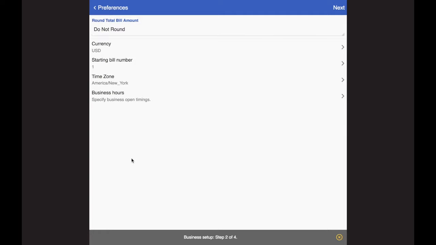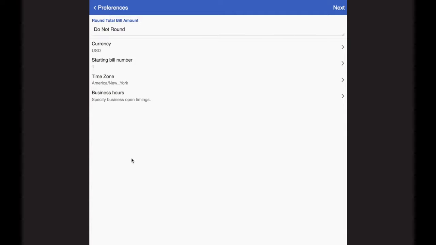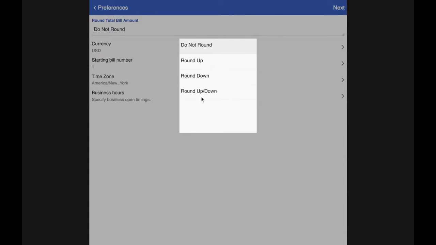Now in step 2, there are some preferences of the business you have to provide. Again, you see that a lot of that information has been pre-populated, and this information has been loaded based off the information that you provided at the time of registration. So let's go over it quickly. Round total bill amount. If you tap on this, there are 4 options that have been provided